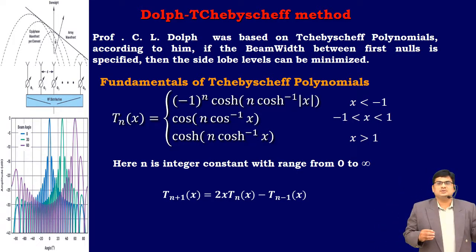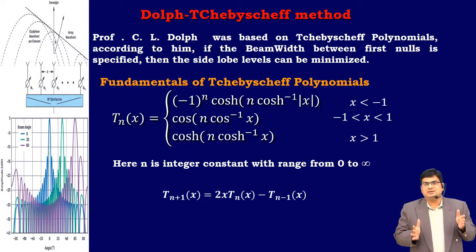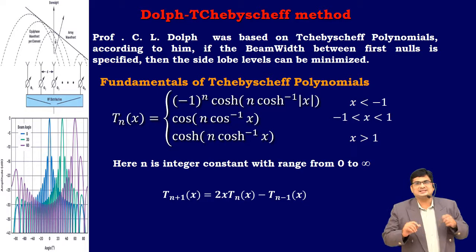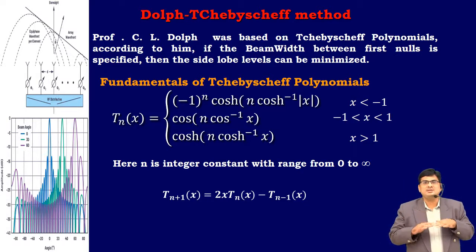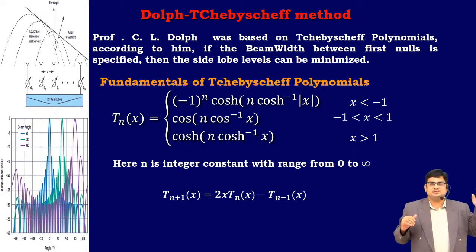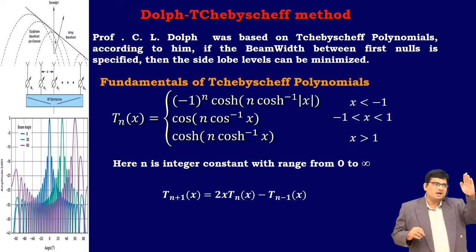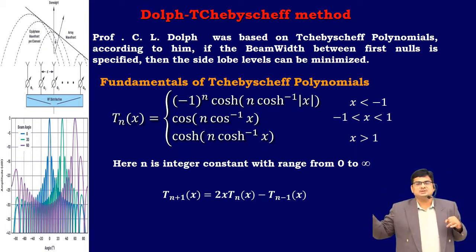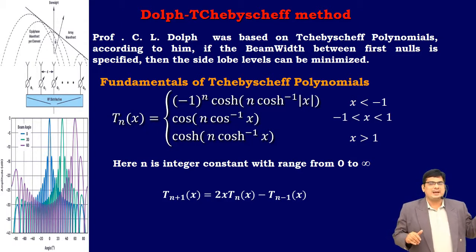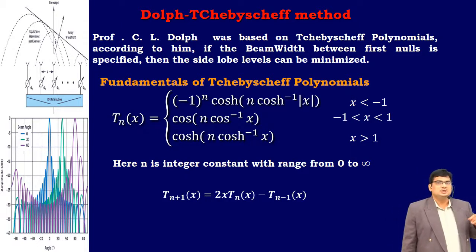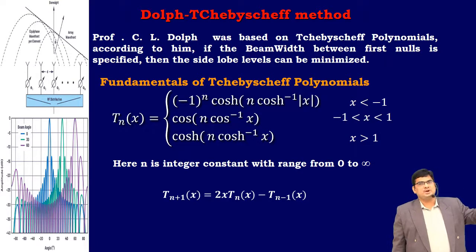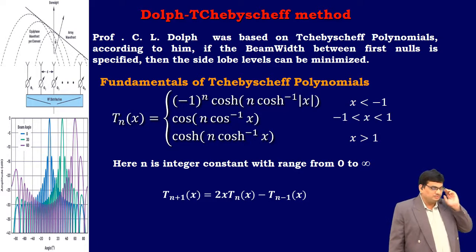In this method, the radiation pattern has a main beam and side lobe levels, and all the side lobe levels have equal amplitude. In the previous two cases, the uniform one has a first, second and third side lobe that decay, and the binomial case has no side lobes. But in the Chebyshev polynomial method, from the first side lobe to the last side lobe, each has an equal value.